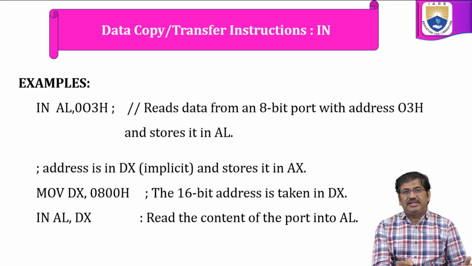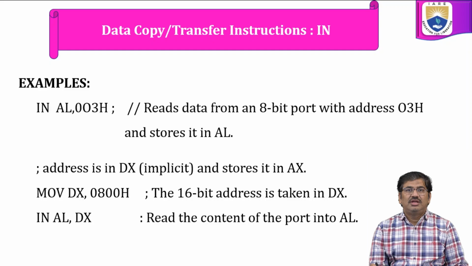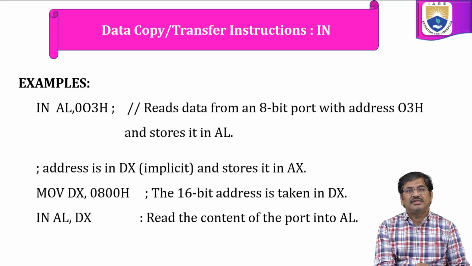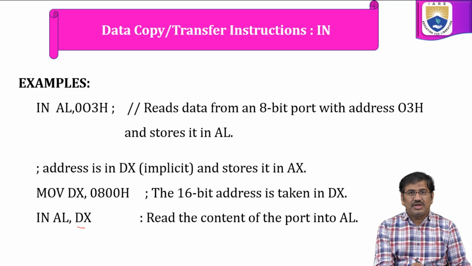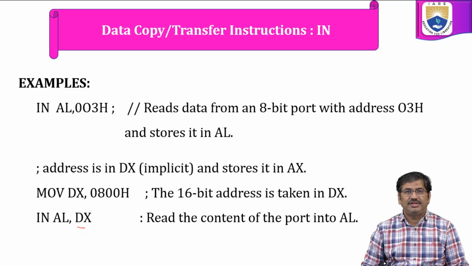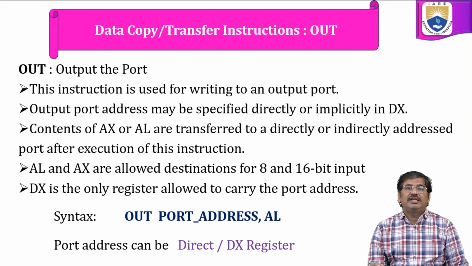Next is the DX register. If I want to move the address into a register, I can write MOV DX comma 0800H. Here 0800H is the address of the port that is loaded into the DX register. Then we use the IN instruction, IN AL comma DX. Now the contents of the IO port whose address is specified in the DX register will be loaded into the AL register. The next instruction is the OUT instruction, which is output to the port, which is nothing but writing data